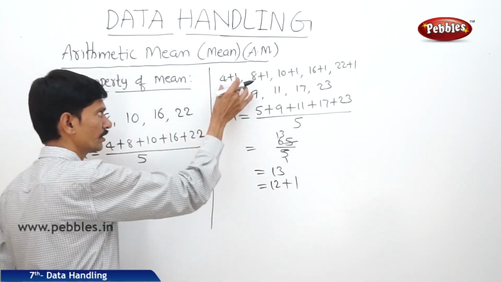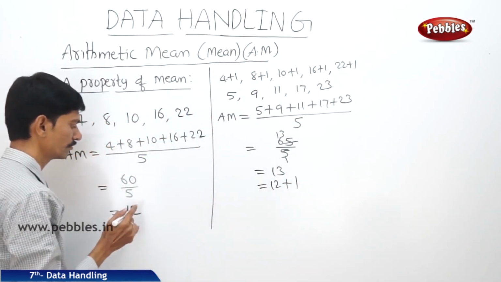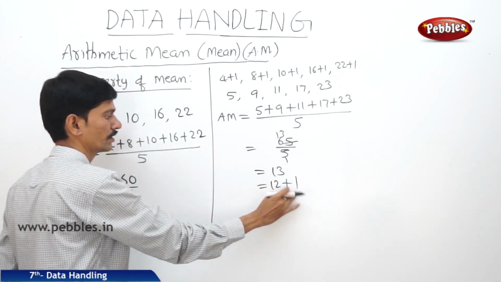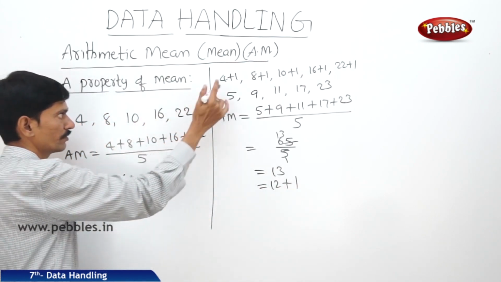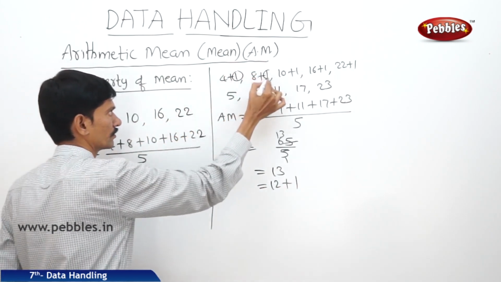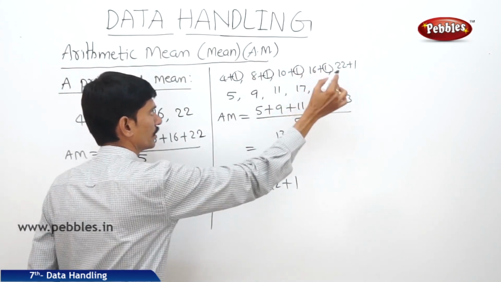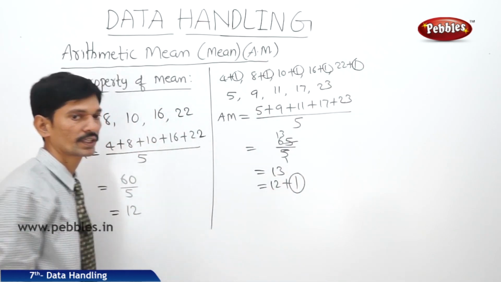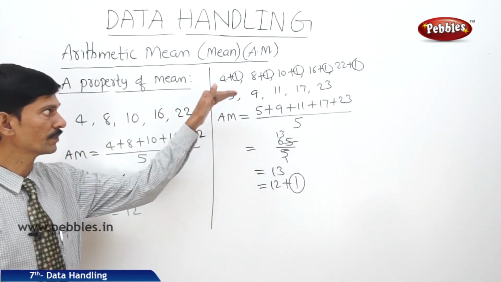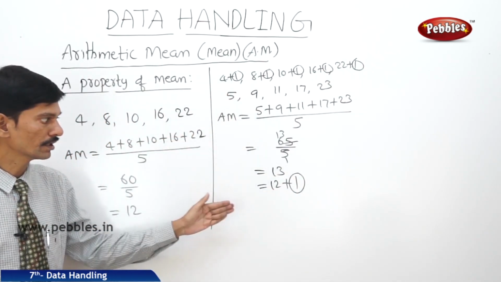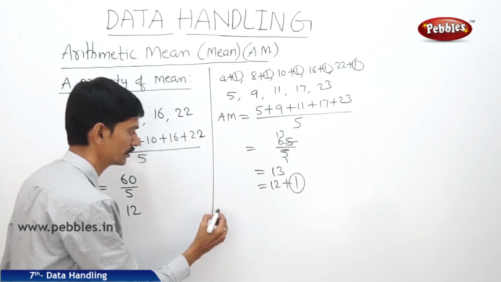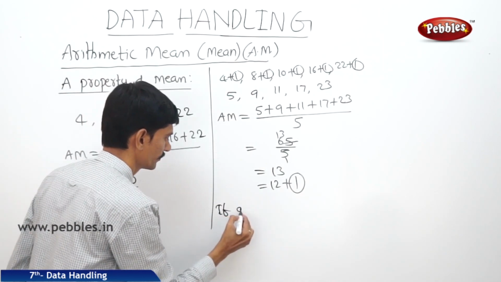So if all the observations are increased by a certain value, then even the arithmetic mean also increased by the same number. So if all the observations are increased by 1, then even the arithmetic mean also increased by the same number 1. If all the observations are decreased by a certain value, then even the arithmetic mean also decreased by the same value. So we can write that if all